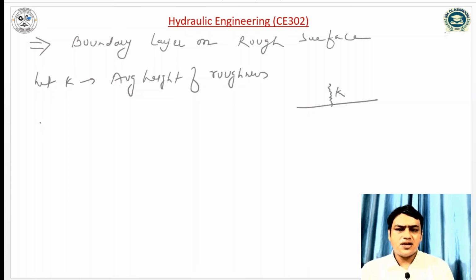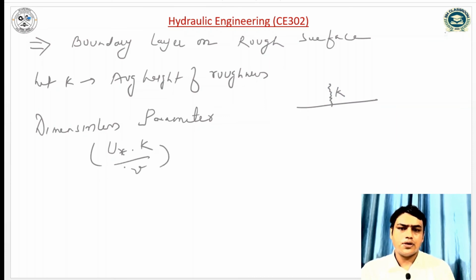There is a dimensionless parameter, u star into k by nu. This is a dimensionless parameter where u star, which we have already seen, is the shear velocity,